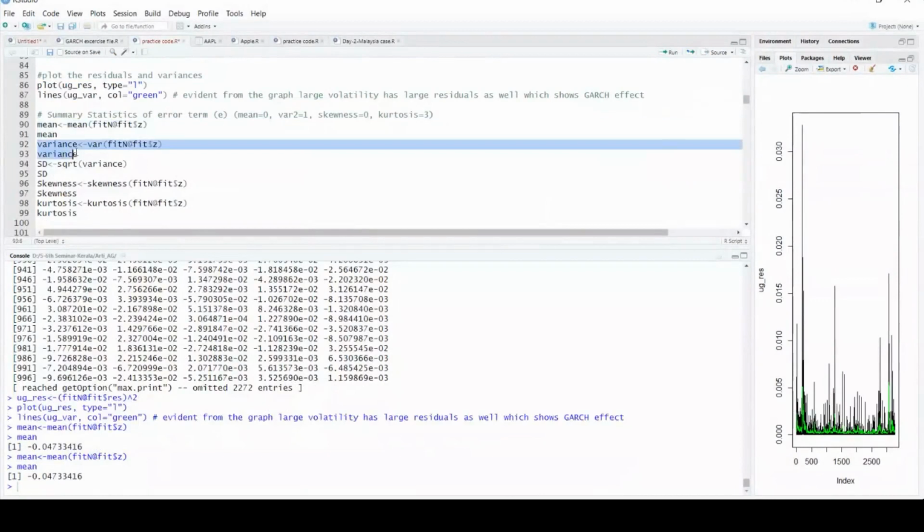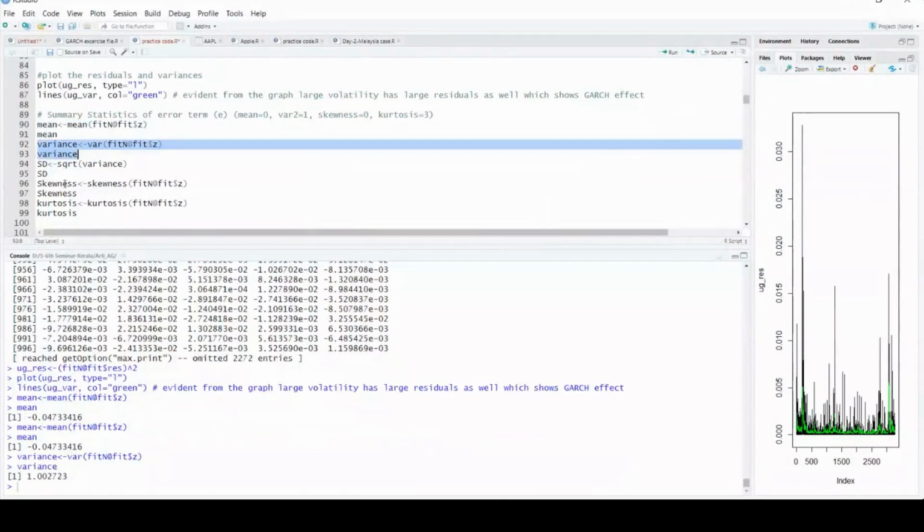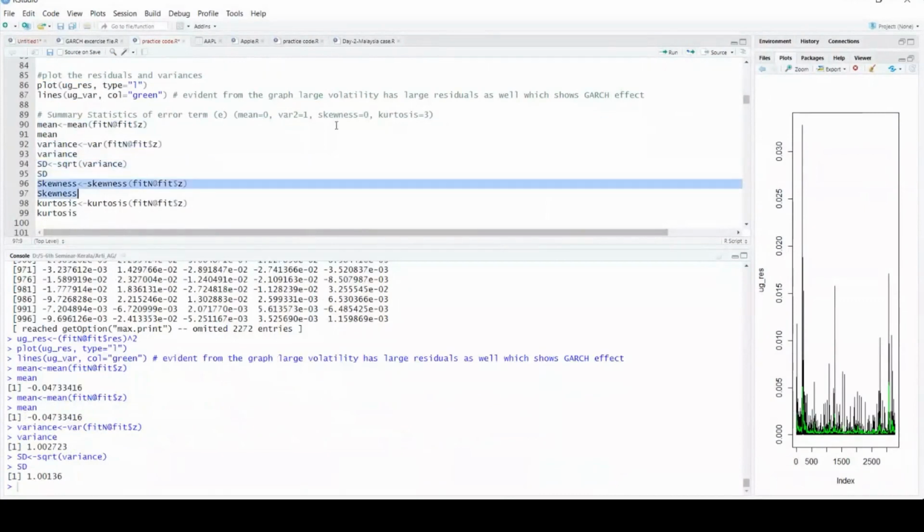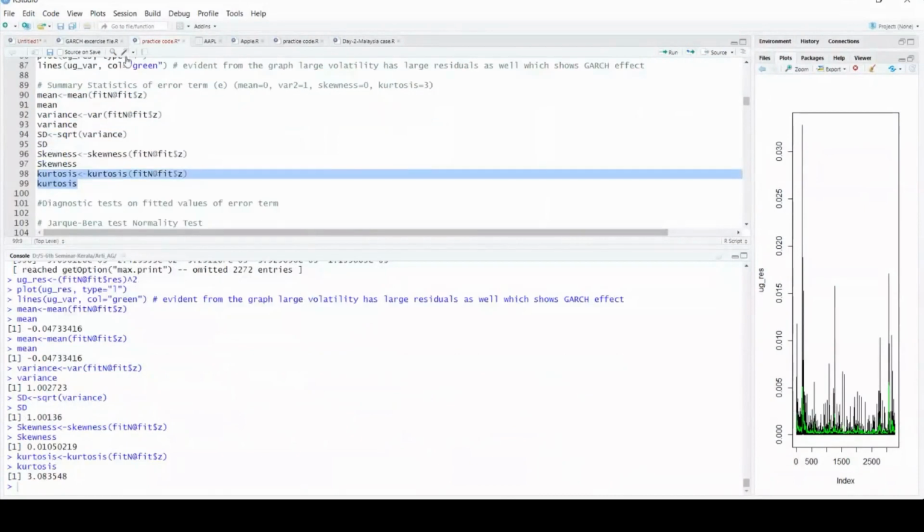I wanted to see the standard deviation. I want to see the skewness, and then kurtosis. All right, so this is how you can extract the summary statistics of the error term, and if you wanted to extract for the variance, you can write var here instead of z. Like that, you can extract the summary statistics.